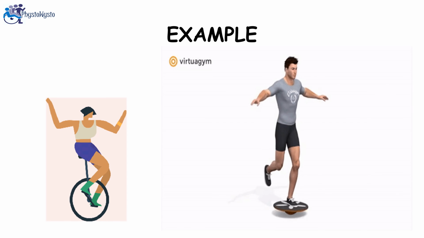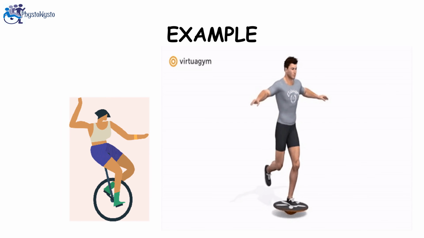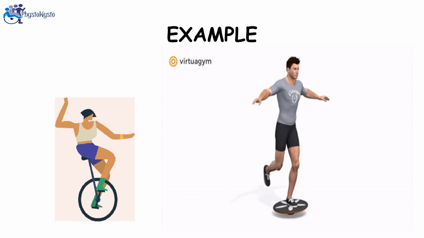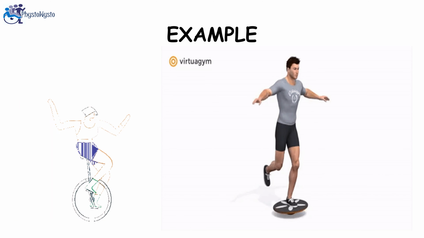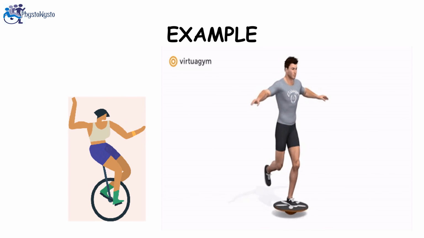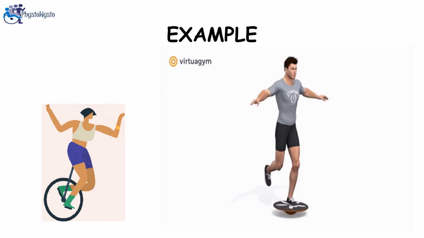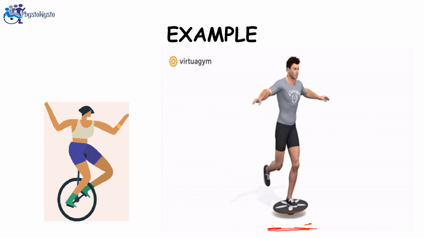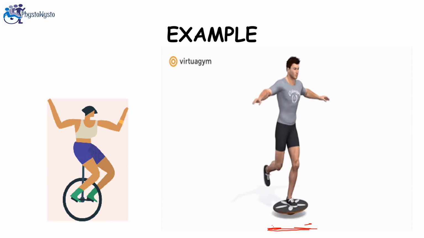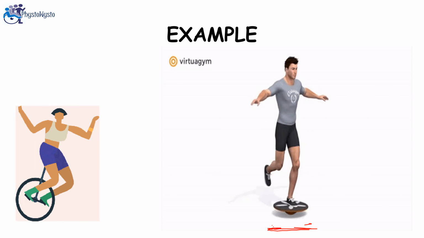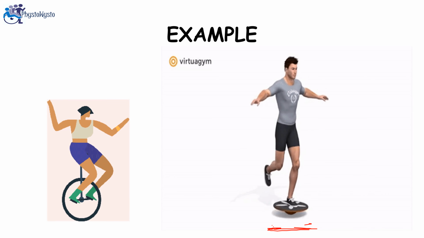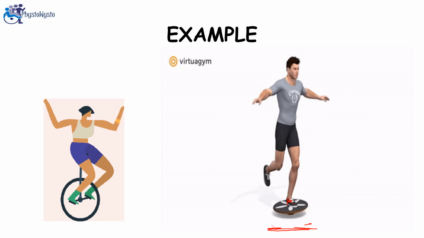As we have studied, the center of gravity of a rigid body is the point through which the Earth's attraction effectively acts, no matter whatever the position of the body is. Now if you see the figure, a man is standing on a balance board. Here the center of gravity, or the point of balance, is located at the center of the balance board.